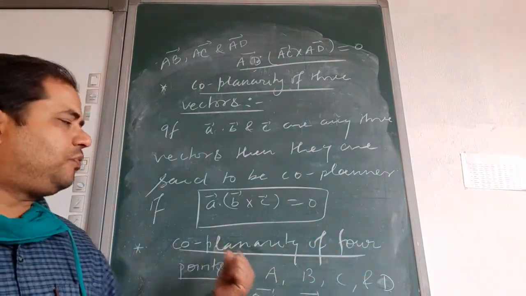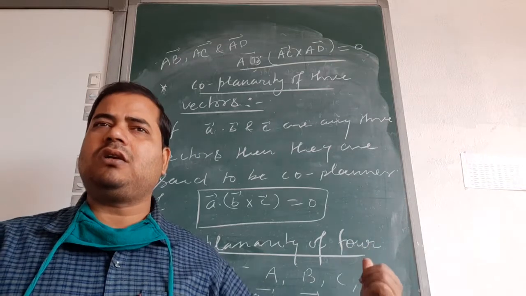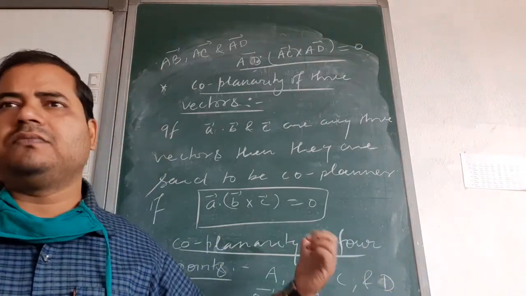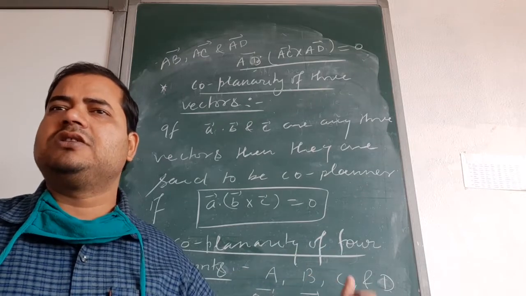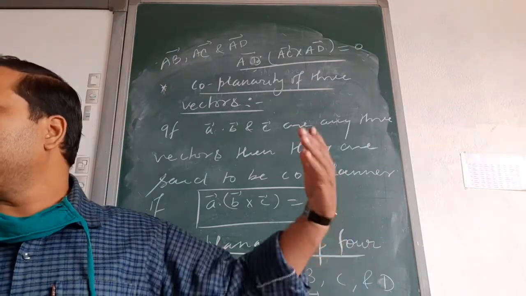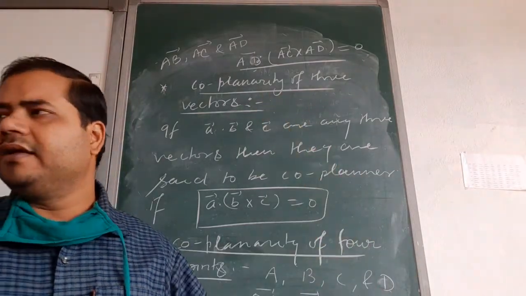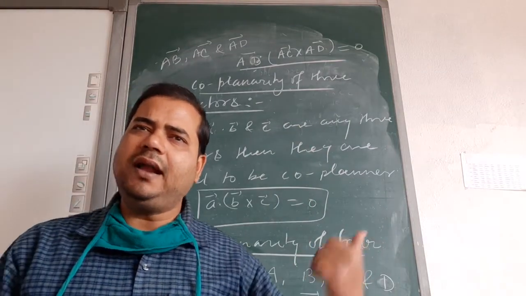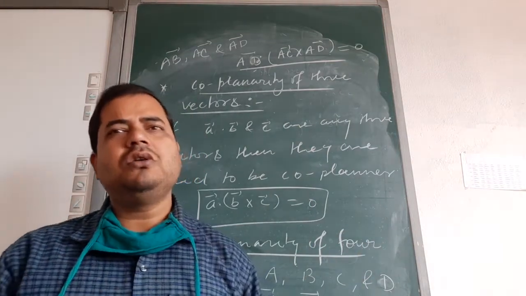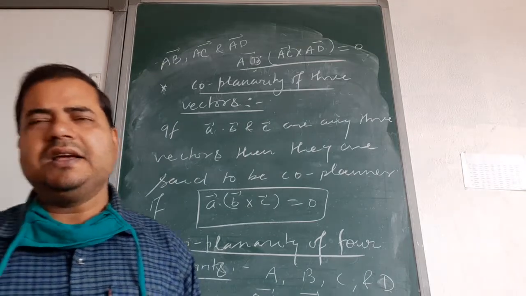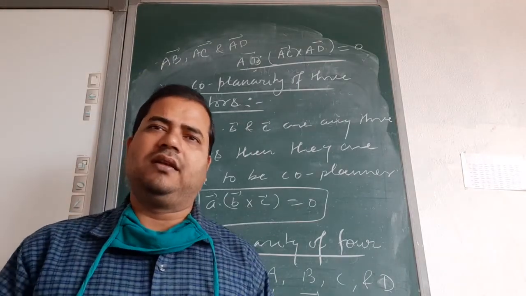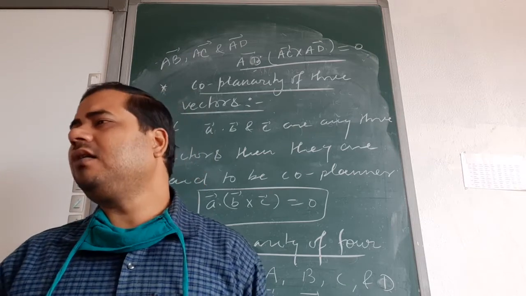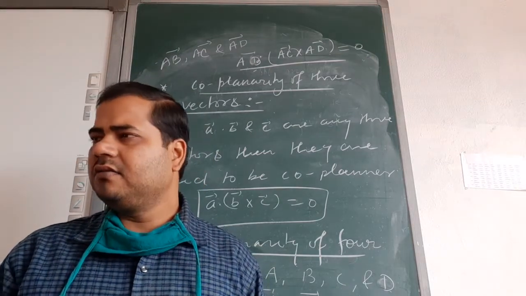बट 4 पॉइंट्स आर कोप्लानर. दैट मीन्स दिस इज नॉट अ वेक्टर AB BC, दिस इज नॉट अ वेक्टर AB BC CD. दिस इज व्हाट? Only OA, OB, OC and OD. So first you find AB, AC and AD and then show AB dot AC cross AD. If it is 0, then you can say the vector is coplanar. Clear? These 4 points are coplanar. Clear? Note down.